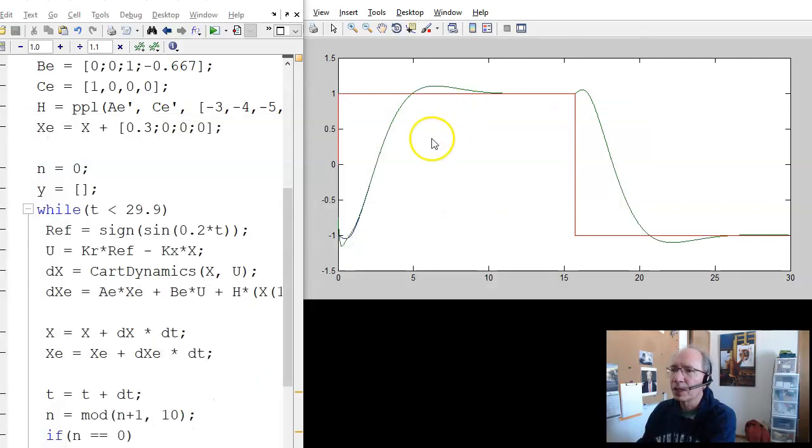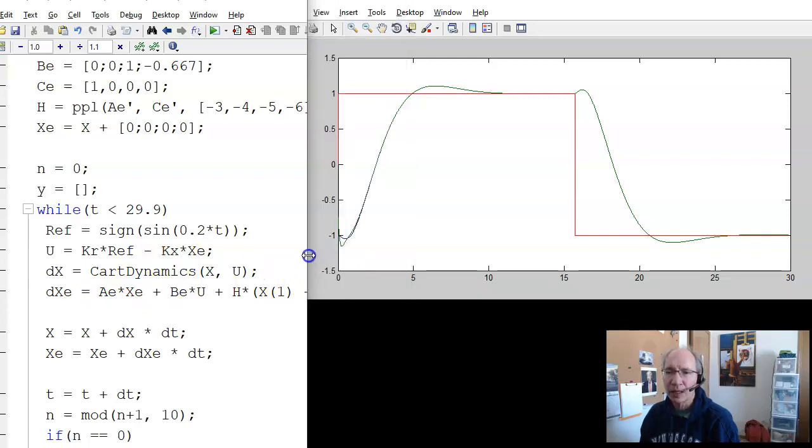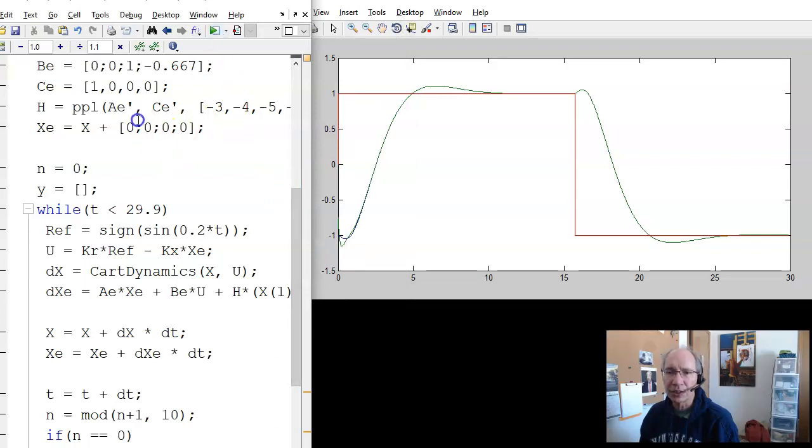For the nonlinear system, what I do is just that change right there. If instead of feeding back the actual states, I feed back the estimated states, now the only thing I'm using is the measurement of position. That estimates the states that are then used to find the feedback control law. If the error is initially 0,